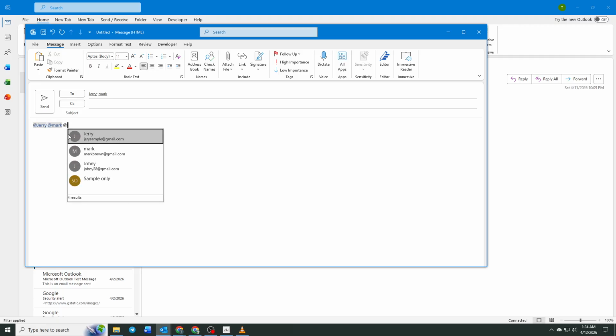At the same time, Outlook will automatically add that person to the recipient list if they are not already included. This ensures they receive the email and are notified of the mention. It's a simple but powerful way to make sure your message reaches the right person without needing to manually add them. Using @mentions is especially helpful when you want to direct a question, assign a task, or highlight a specific